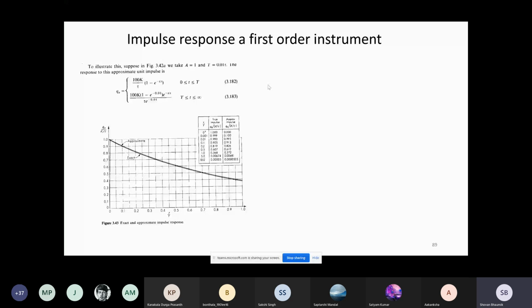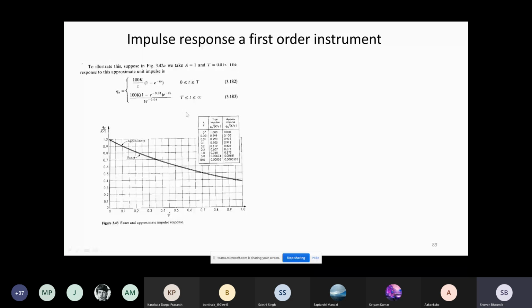So ultimately we get Q0 equals 100 K by tau times (1 minus e to the power minus t by T) when t is 0 to T. You see, for that period this curve is rising sharply to 1, in a very short time, and then for t beyond capital T, it starts from K by tau and